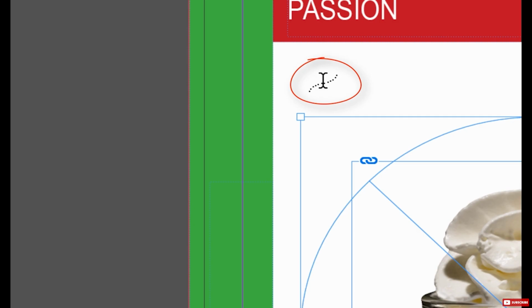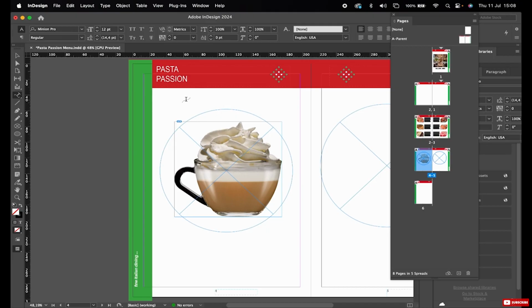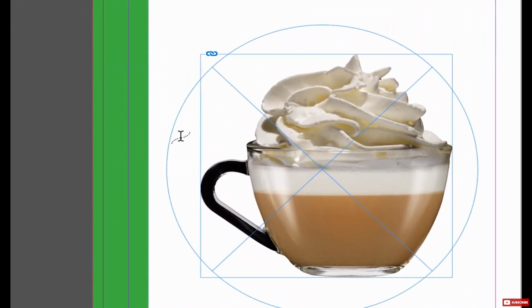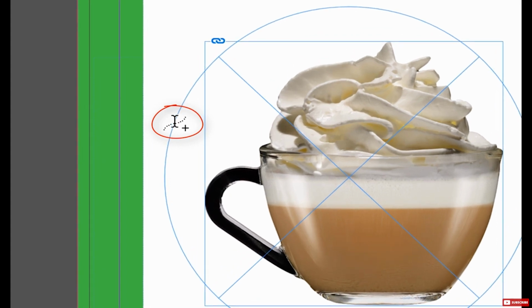The cursor is showing us that it's got the insertion point, the I-beam, and it's showing that wavy line, and it's implying that the text is going to be put onto the path. You cannot just click because nothing happens. It's Type on a Path, so we need to go onto the path, and you will notice that there is a plus sign next to the insertion point. Now we can click and we'll input some text. I'm going to type in smooth space